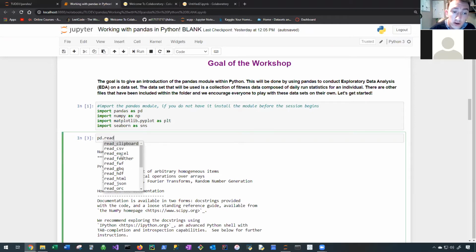So not just CSV or Excel files, but it can handle HTML, JSON, and a bunch of other stuff, Stata, SQL, SAS. So if anybody works with those file types, you can easily work with them in Python as well, or import them in Python and work. So we're working with a CSV file. So be sure that you hit pd.read_csv,